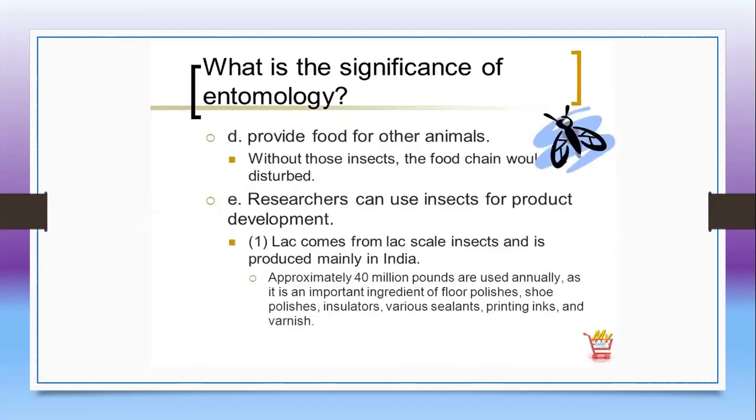Even the silk is also coming as a product from the insect, right? The silk is said to be the best product, a rich product, which is coming from the silk moth. And China is the largest producer of the silk, as we all know, and India is the second largest producer